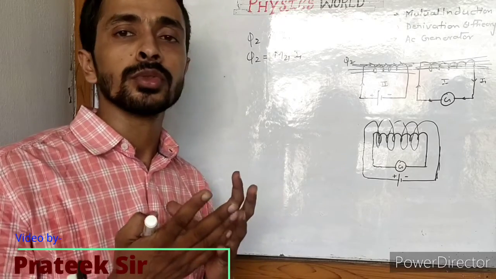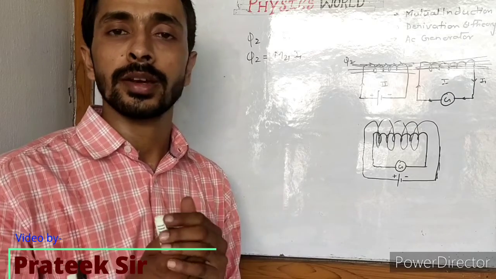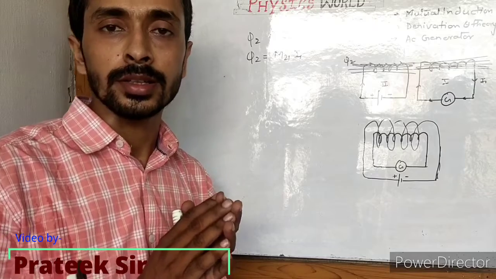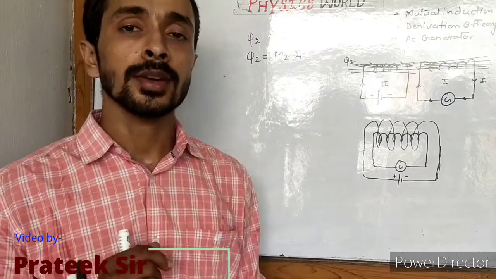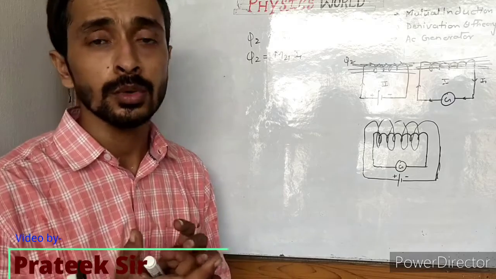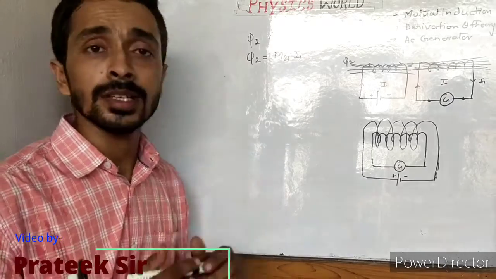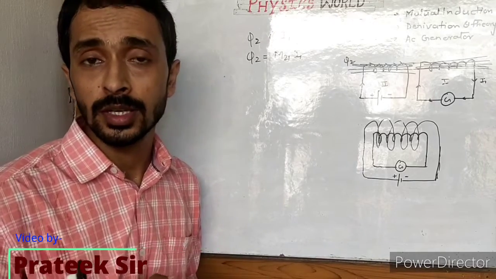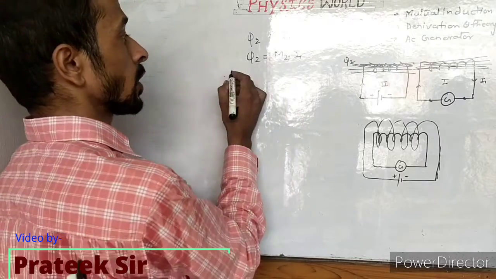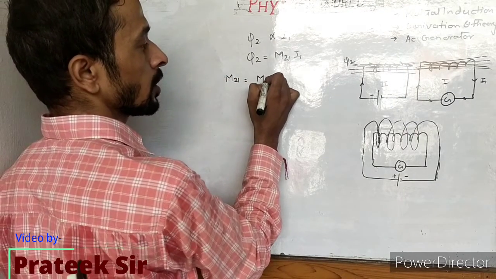म्यूचुअल वर्ड से बेटा कंफ्यूज नहीं होना. म्यूचुअल वर्ड बहुत ही सिंपल सा वर्ड है. एक इंडक्शन वर्ड को हमें क्लियर रखना है. इंडक्शन के आगे म्यूचुअल लग गया, it means two coils are correlated there. अगर इंडक्टेंस के आगे सेल्फ लग गया, it means only single coil will be there. सेल्फ इंडक्टेंस मतलब सिंगल कॉइल, म्यूचुअल इंडक्टेंस मतलब टू कॉइल्स रिलेटेड हैं वहां पर. So this is the M21 and that is the proportionality constant, and this is called the mutual inductance of a two coil. We can say M21 will be